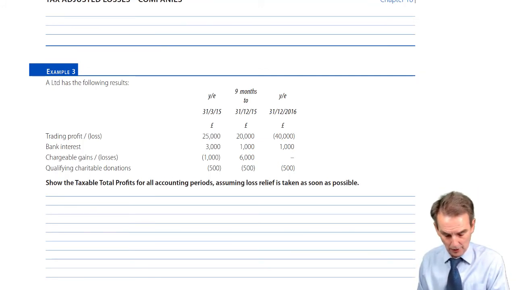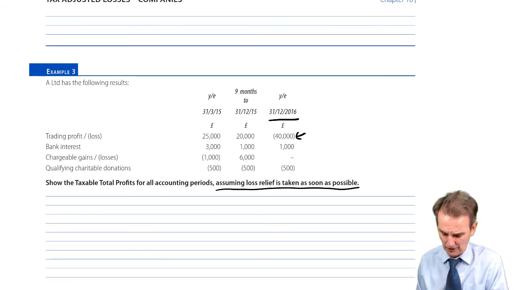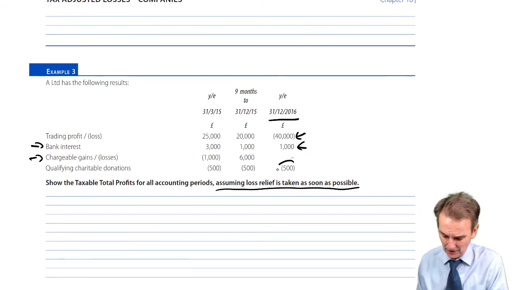So remember, what do we need to do? They're asking us to assume relief is taken at the earliest opportunity, as soon as possible, and there is your loss-making period for the year ended December 16. Where will we use it first? Against other profits, total profits of the period. We've got bank interest, we have got chargeable gains there. Now that means that the first relief will be the £1,000, the bank interest. That will have the effect of wasting those donations because now there's nothing left to go against them. So of that loss, it will be a nil assessment, of course, in your answer.